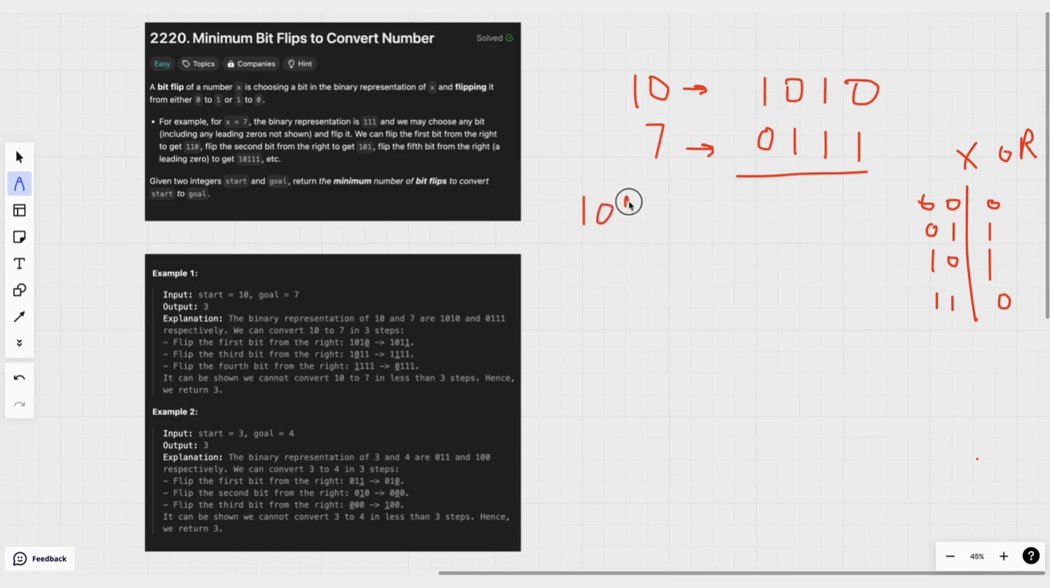So when we do 10 XOR 7, our output will be 1 0 1 1. So we clearly see the number of set bits, which is the number of flips we have made, is 3 here. But how are we going to find how many set bits we have in the number? For this, we have Brian Kernighan's algorithm, a fancy name but a simple algorithm, which states that for any number,